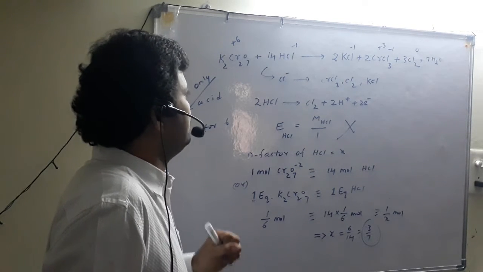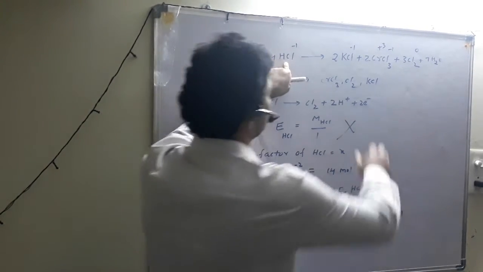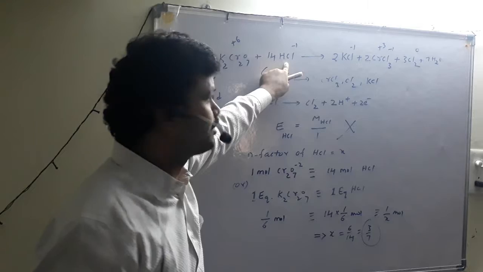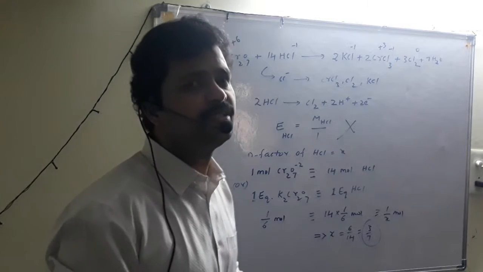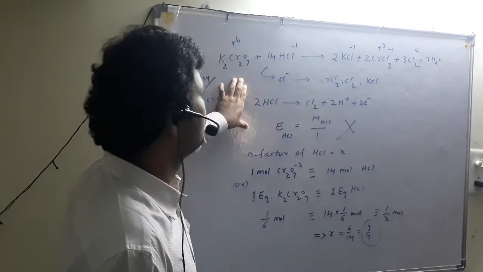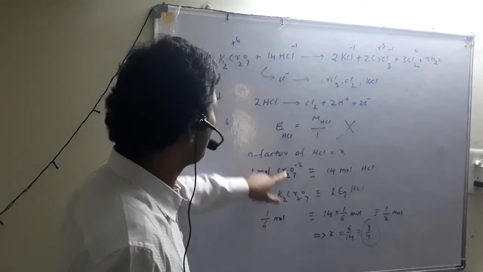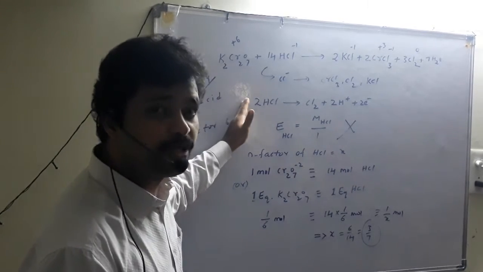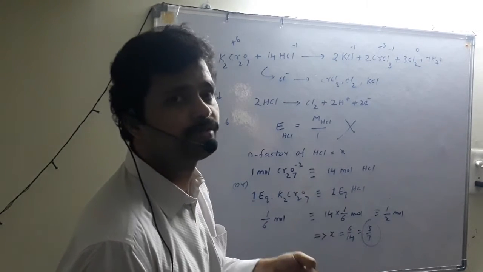Okay. Then here, out of 14 HCl moles, only 6 chlorines participated in the change in oxidation state. The rest, 2 chlorines plus 6, 8 chlorines, did not participate in the change in oxidation state. In this method, first we don't know the n factor, so we will assume X. 1 mole of dichromate ion is reacting with 14 moles of HCl. According to the law of equivalence, all chemicals' number of equivalents is a countable number.